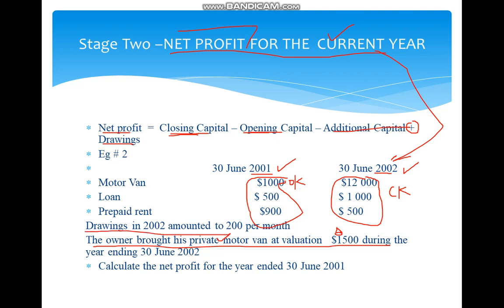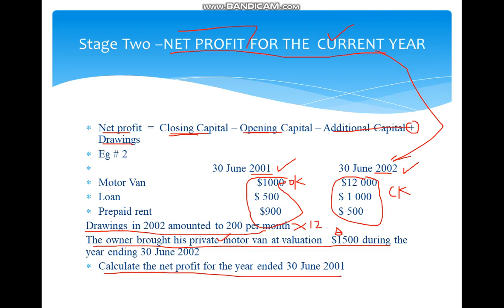This is our drawing, but these drawings are very tricky. They are saying per month, so we are supposed to multiply by 12 in order to determine the annual drawings. Okay, from this information, I want you now to slot in the missing figures in order to determine the net